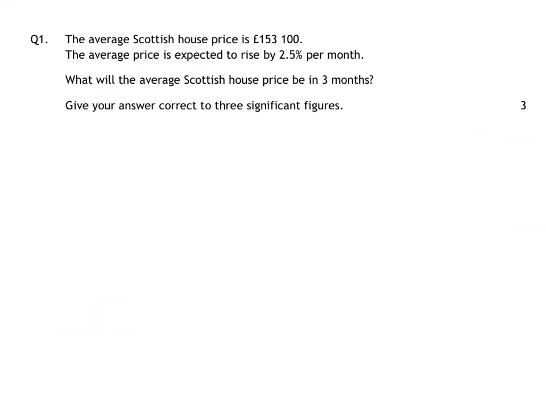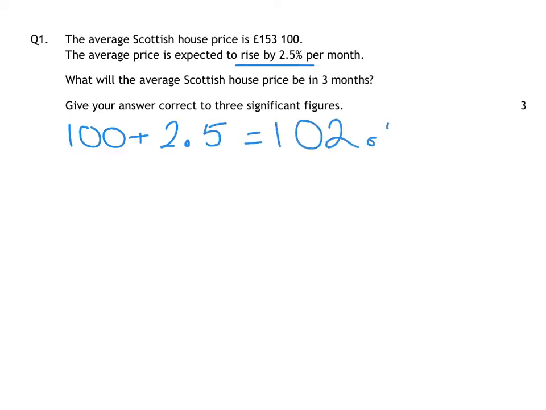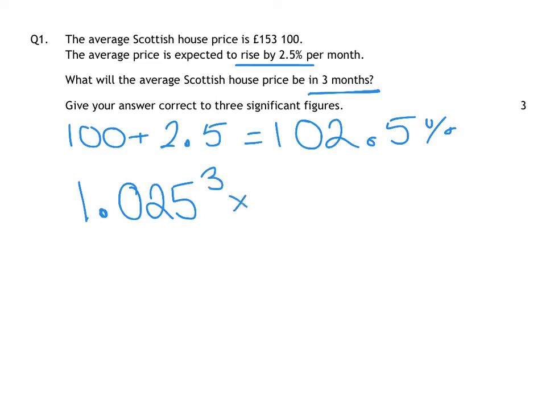Okay, so question 1 is your standard percentage question, always a nice start to your paper. We have house prices rising by 2.5%. So the quick method of doing this, you can do this mentally, is you start with 100% and you add on 2.5 and that gives you 102.5%. As a decimal, you divide that by 100 and this makes your multiplier 1.025. Now we're increasing it for 3 months, so we do it to the power 3 times